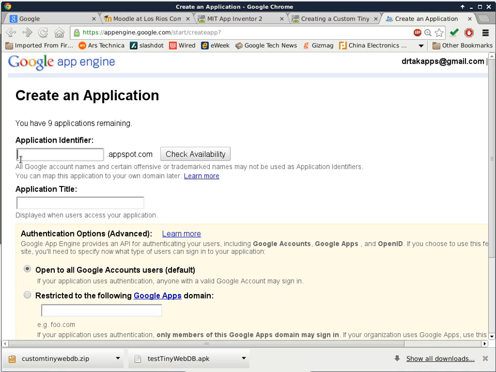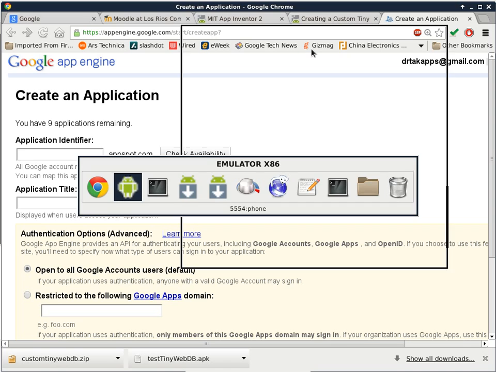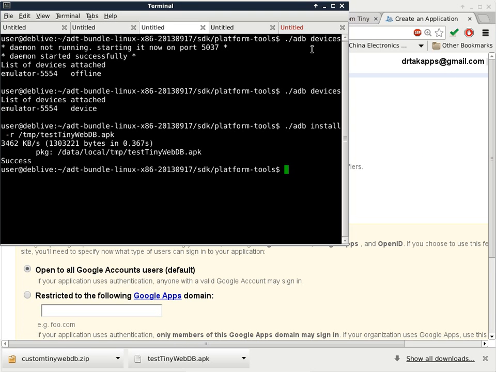So I create another application here. I just have to find another name for this particular application identifier, and I have 9 left, because I used up one. You can have up to 10 applications for free until you have to pay Google for additional applications. But I'm going to switch back to my command prompt because there are a few things I have to do at this point. The first thing is to unzip the file that I just downloaded